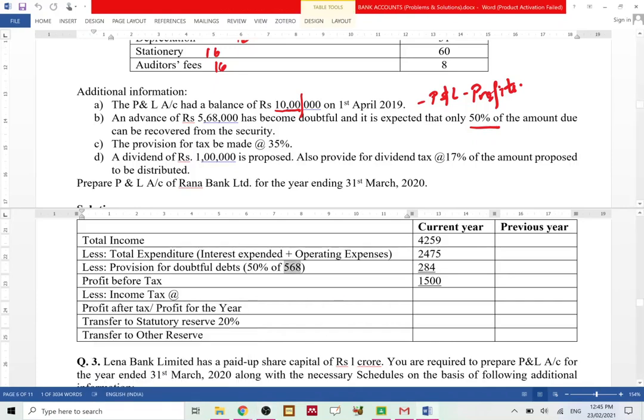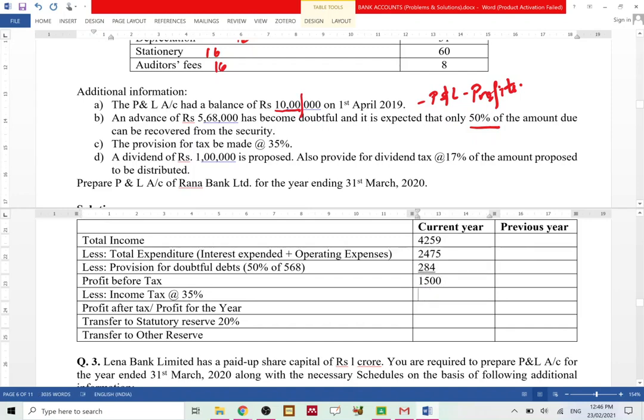So as we continue, we have the profit before tax, that is 1500. Now we calculate what is the income tax on this profit. In this problem, the provision for tax is 35%. Accordingly, we will calculate 35% of this profit that we have earned. Okay, and 35% of the 1500